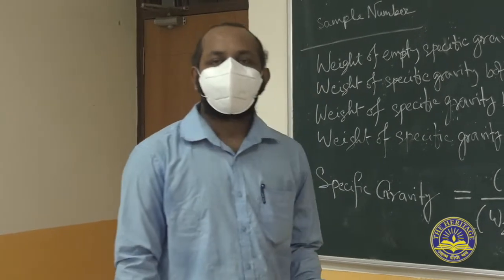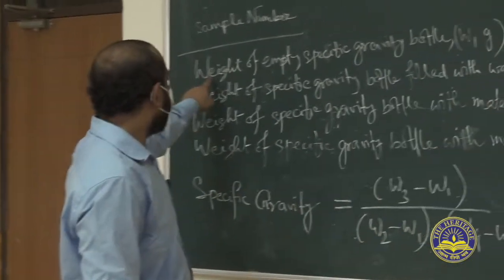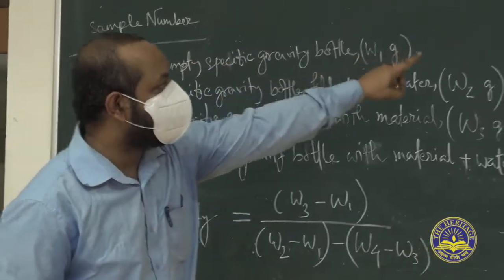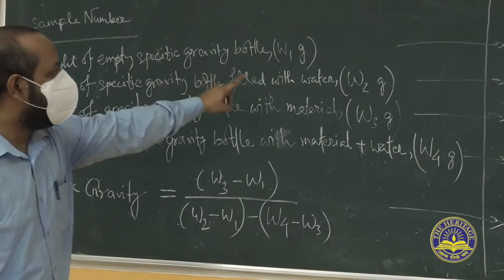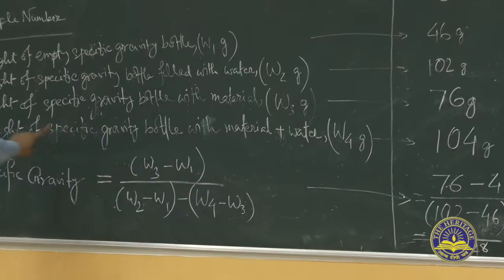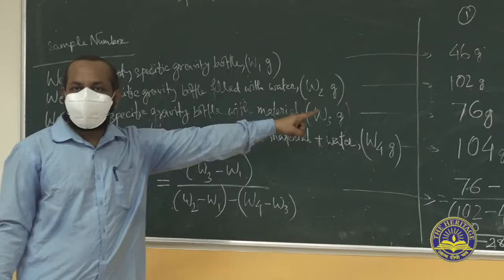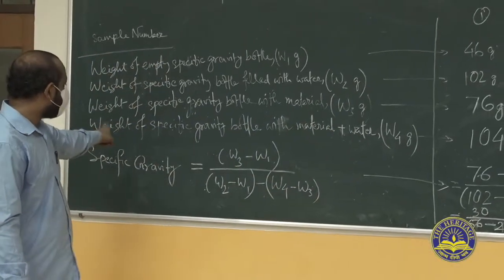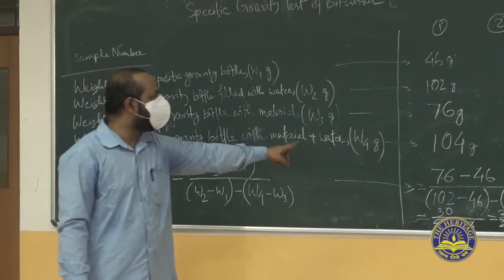Good morning, students. As you see, our Surya sir demonstrated this test, and we got the empty weight, which is 46 gram. Then the weight of the specific gravity bottle filled with water is 102 gram. Then the weight of the specific gravity bottle with material is 76 gram. Then the weight of the bottle with material plus water, that is W4, is